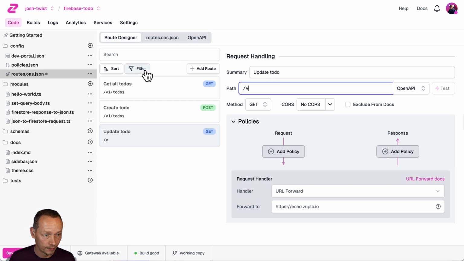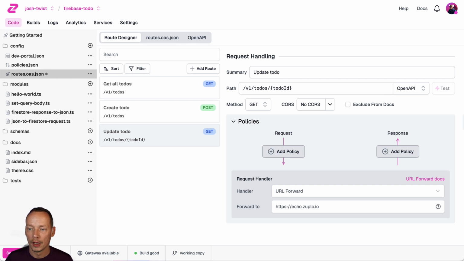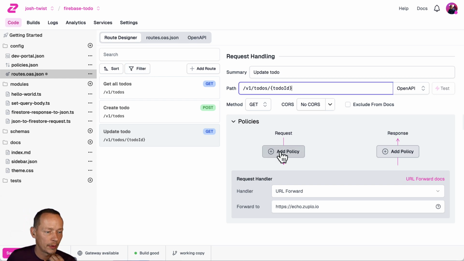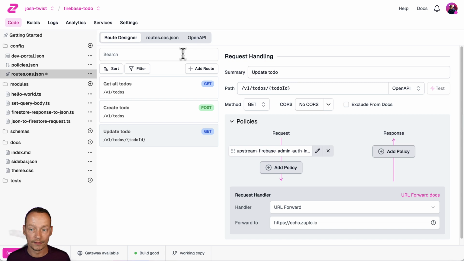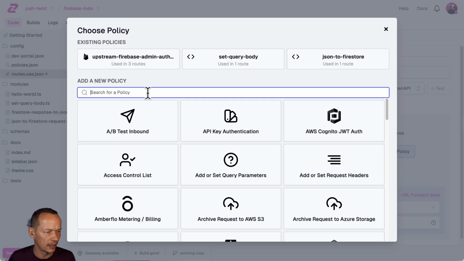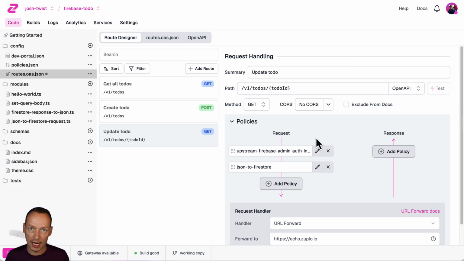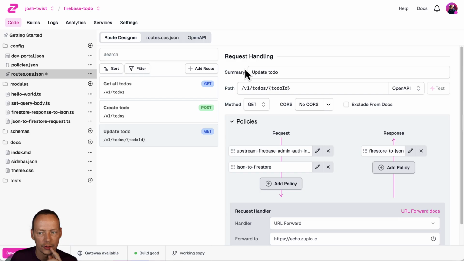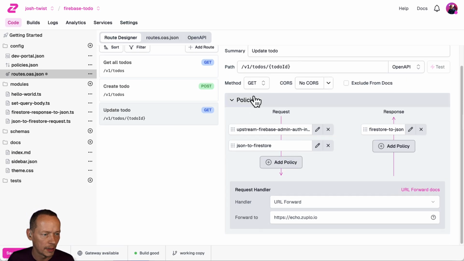So that's going to be a little different. /v1/to-dos. And typically when you update, you're doing a patch, and you're doing it to a specific document ID. So I need this to-do ID here that indicates to Zuplo that that is a parameter that I might want to use. So what do we want to do in here? Well, once again, we need that authentication so that we call Firestore with the auth. And then I need JSON to Firestore to convert nice JSON into Firestore JSON. And obviously we want to do the Firestore to JSON back, and it needs to be a patch,